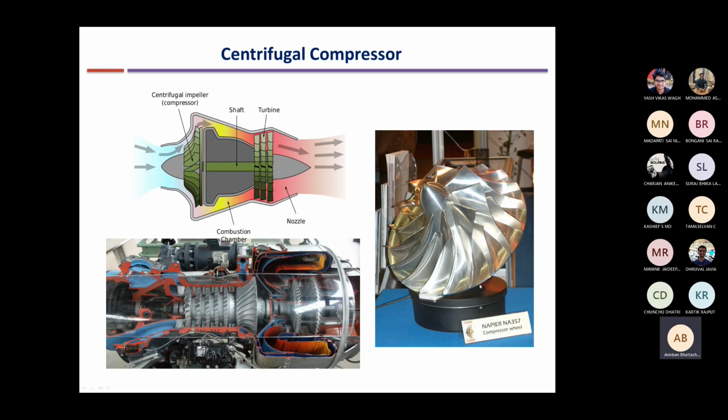After the impeller section, the fluid goes out. What is the action of the impeller? The impeller is rotating. How is it rotating? It is mounted on the shaft, and the shaft is being rotated by the turbine. So the work comes in from the turbine. As the air passes from the center to the outer periphery of the impeller, which is the impeller tip, not the eye tip, the impeller tip.